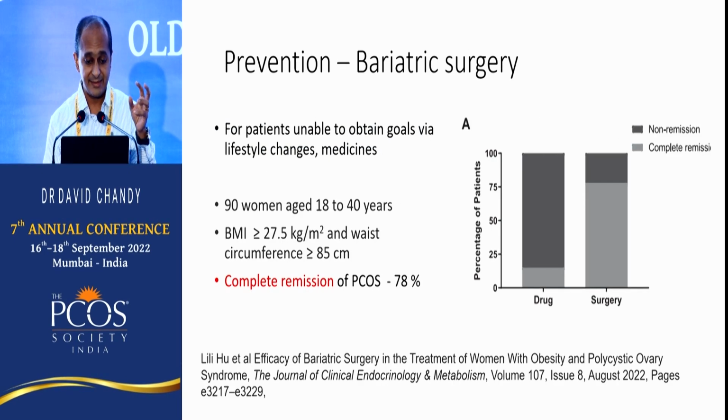Now going on to bariatric surgery. This is the last option in terms of persons who are obese for PCOS. It's only for those people who are unable to obtain their goals via lifestyle changes and via medicines. A study published just last month from China included 90 women between 18 and 40 who had PCOS, and their BMI was about 27, and they found that the remission over the next 1 year of PCOS was as good as 75%